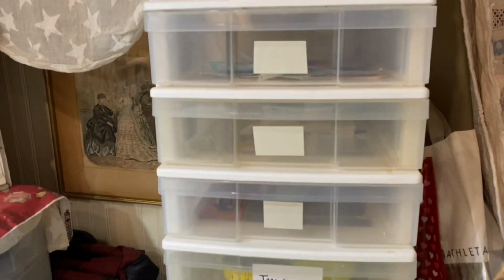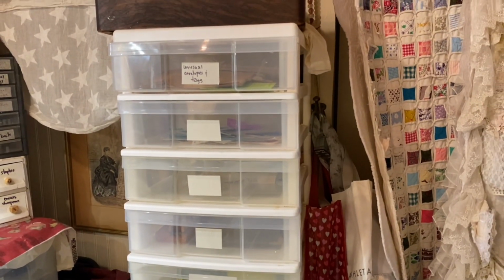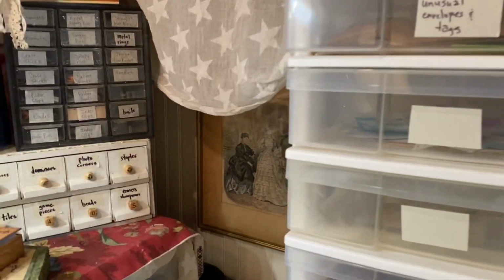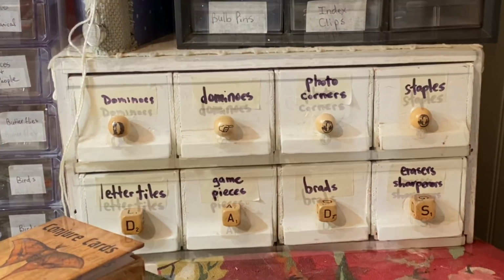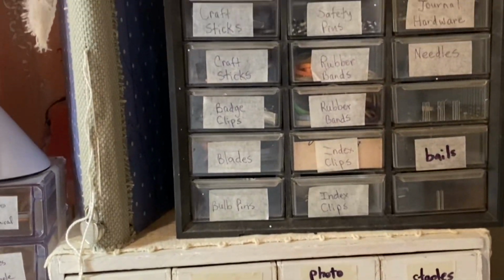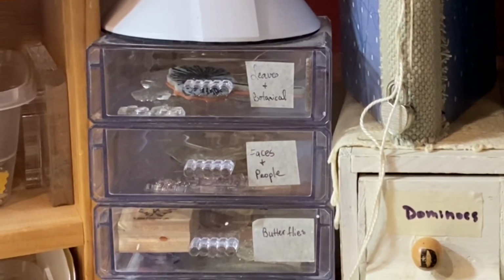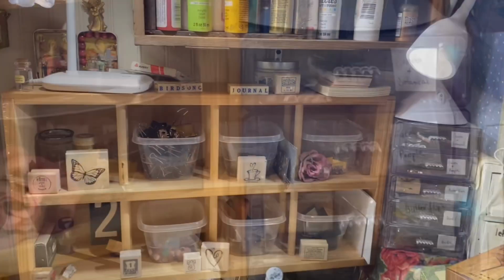I'm still working on organizing this, and you can tell by a couple of the drawers having nothing written on the labels. Anytime I see cool old storage units like this, I pick them up if I feel like I can work them into my shop. I love the little acrylic storage containers. They're great for small stamps. I think this